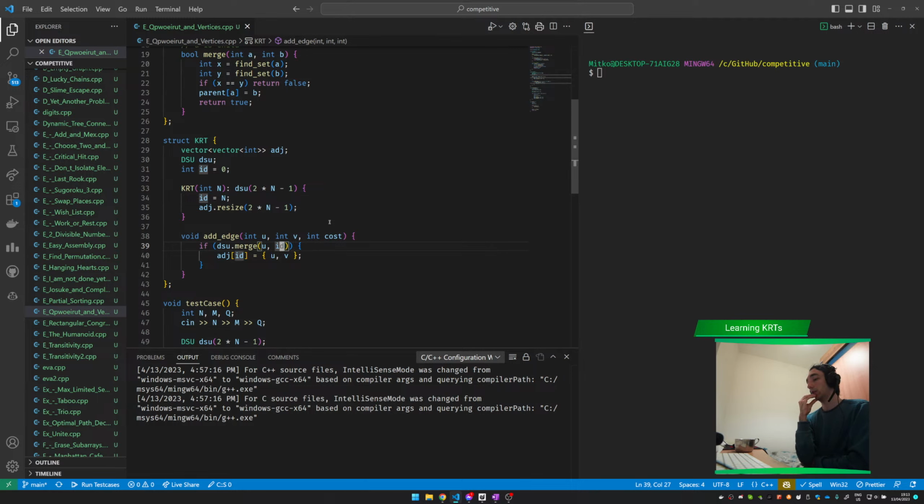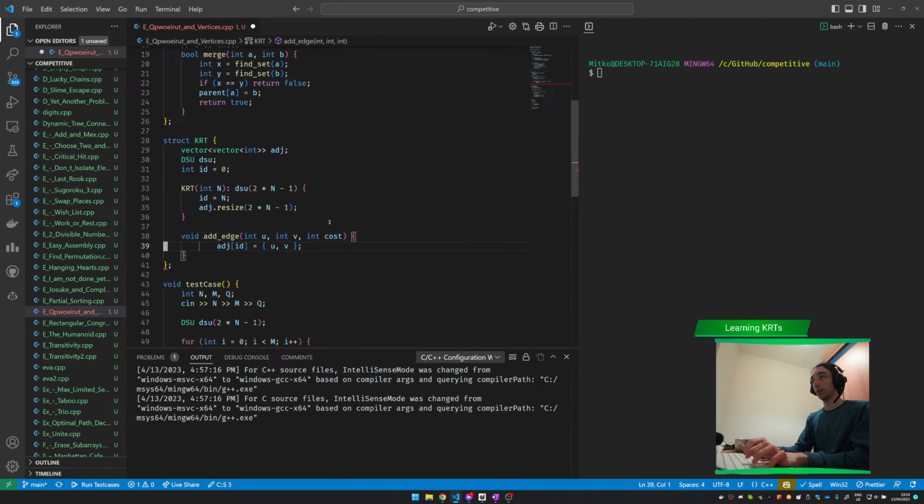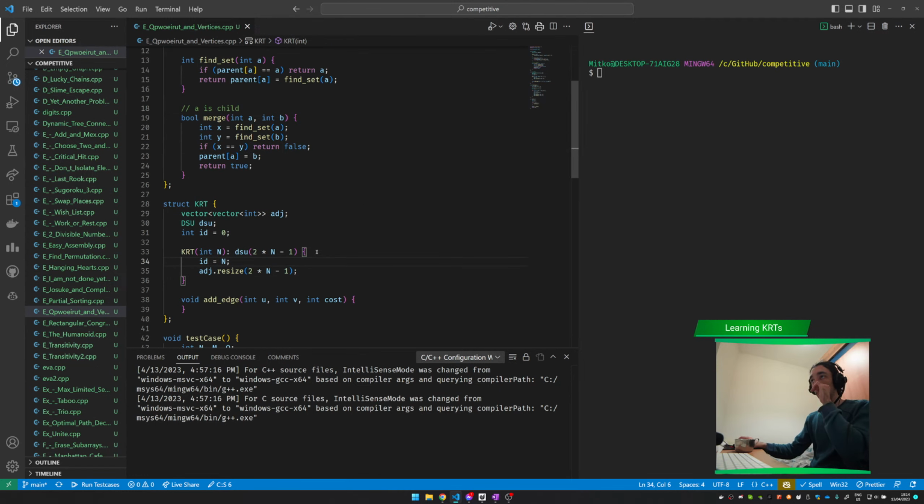Well, no, because we will merge them sometimes and lose an ID in the process. Yeah, so actually it's way better to just